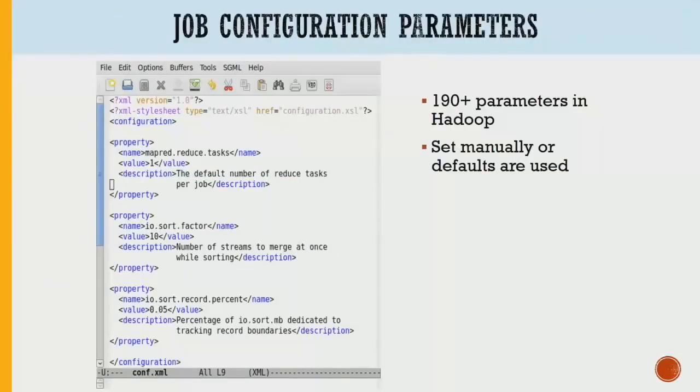Now, I know you all know about Docker Compose now, but if you work with Hadoop, there is something called Hadoop Compose, and unlike Docker Compose, Hadoop Compose has more than 190 parameters. So as I say, it's much harder to work with than Docker Compose. But Hadoop engineers know how to configure those parameters, because here you can configure your block size, how many MapReduce tasks you need, how to handle failures, a lot of things. But again, you need to understand each of those parameters for a real production environment.